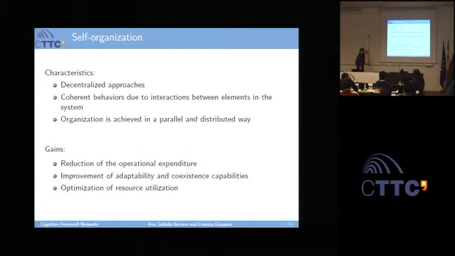Okay, the main characteristic of self-organization systems is that they are decentralized, and the organization or coherent behaviors are achieved due to interactions between the elements in the system. A very interesting characteristic of this kind of system is that they achieve the organization in a parallel and distributed way. This brings important gains in terms of reduction of the operational expenditure due to the autonomy that the agents can achieve. Also, the improvement of the adaptability and coexistence capabilities, and this is because the agents or the entities in the system will be able to react